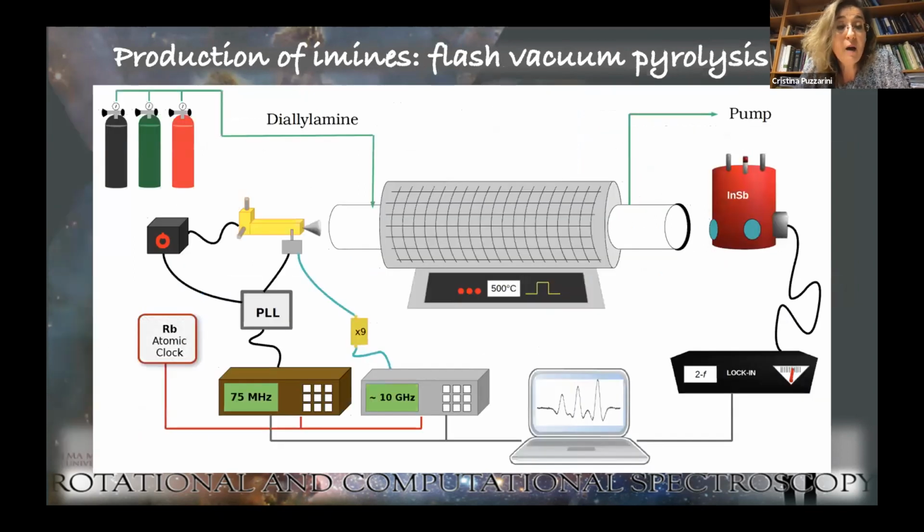And you see now the scheme of our spectrometer, and maybe you have noticed that something is different in this picture with respect to the one I showed you previously, and it is this oven. At the beginning, we had a pyrolysis oven outside the cell. Nowadays, we have a dedicated cell, a quartz tube surrounded by this oven, and in this way we